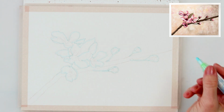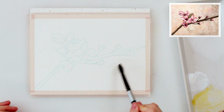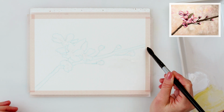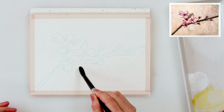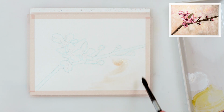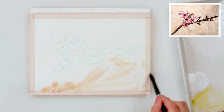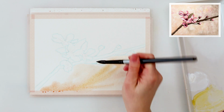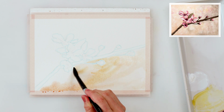When I finished with my sketch, I just slightly removed the excess graphite from my paper with a kneaded eraser, artist eraser, and after that I've used a masking marker to mask the edges of my flowers and the branch, and later on I'm pre-wetting the entire paper. Actually, I'm pre-wetting the lower part of the paper and just going around my flowers and branches, not in it, just around it. And with the burnt sienna, raw sienna, and later on a little bit of sepia,